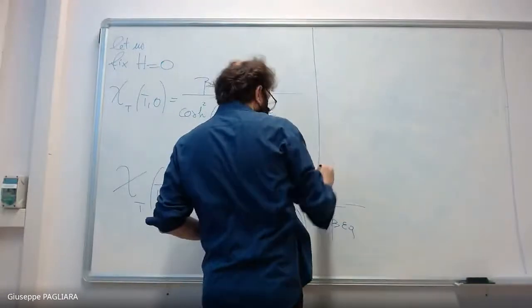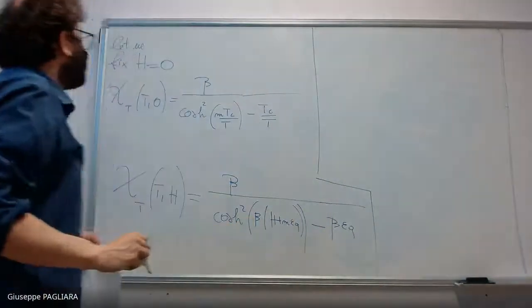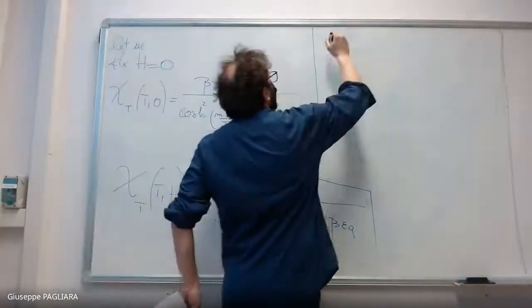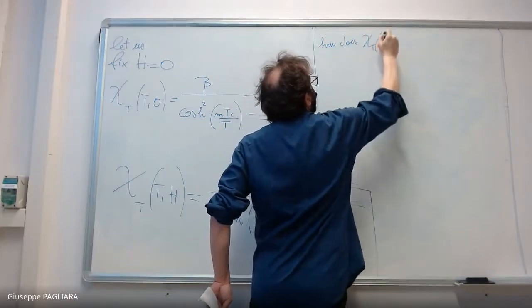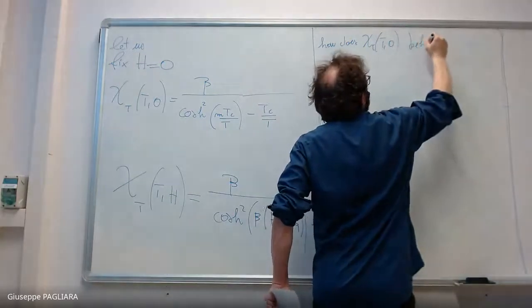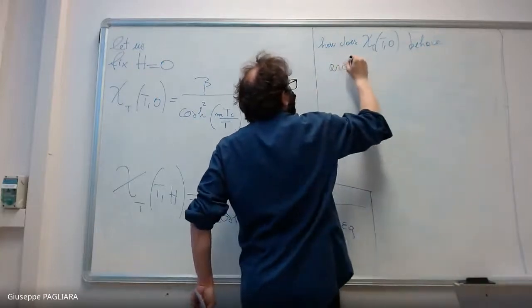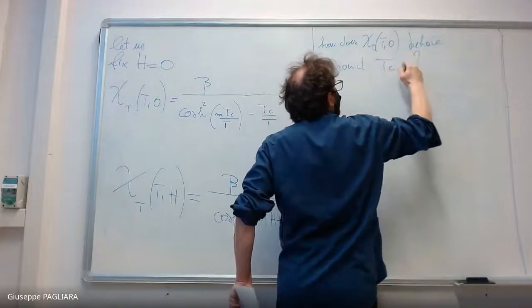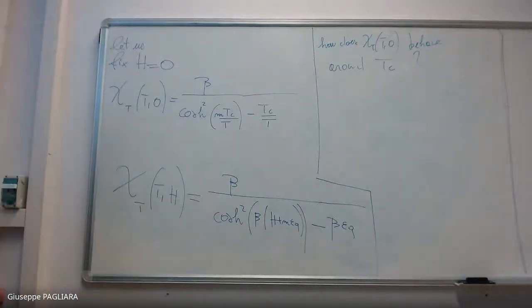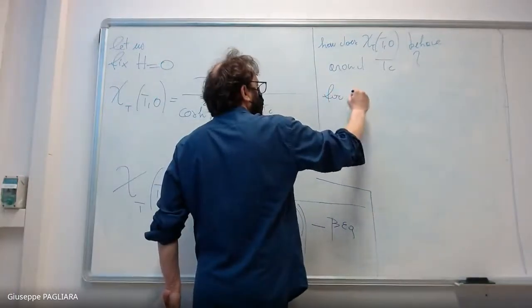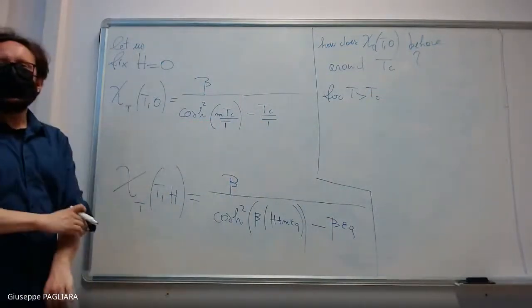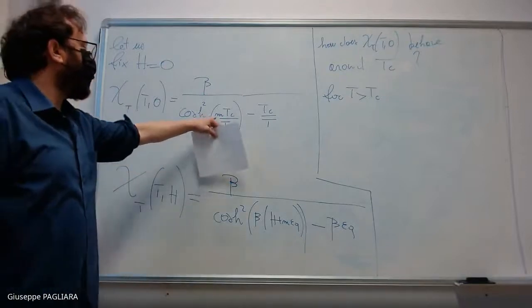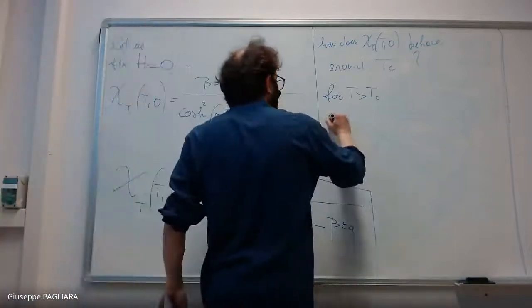Okay, so what we do next is to find the behavior of the isothermal magnetic susceptibility above Tc and below Tc, but close to Tc. So how does chi_T of T, 0 behave around Tc? Now for T larger than Tc, we know that the magnetization is identically equal to 0. Therefore, this cosh is 1. And so the chi_T of T, 0